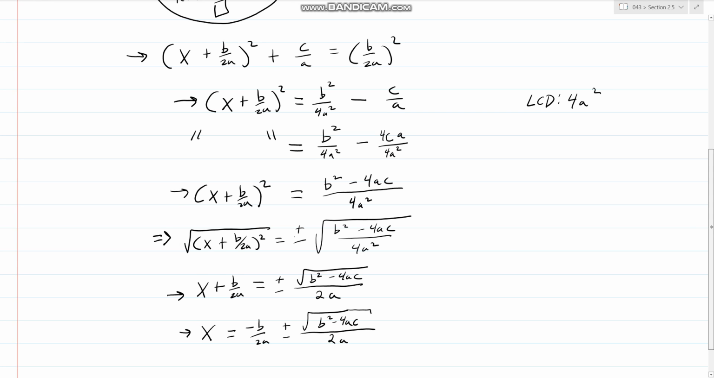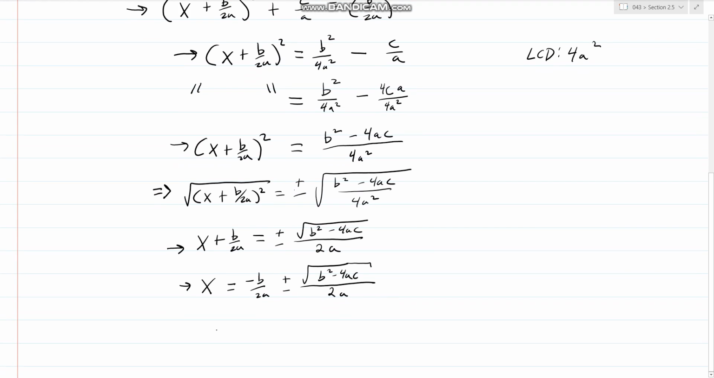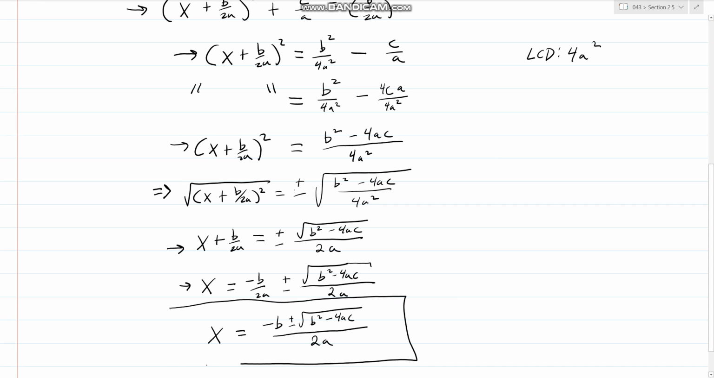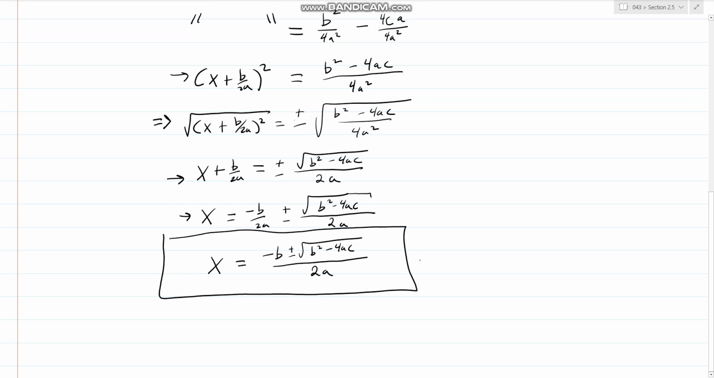Now, that's the answer. Generally, algebra textbooks will write this as negative b plus or minus the root of b squared minus 4ac, and then they'll put it over the 2a. Okay, so that is the quadratic formula. Now you can plug any quadratic equation, I should say,